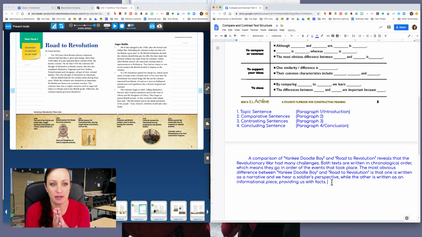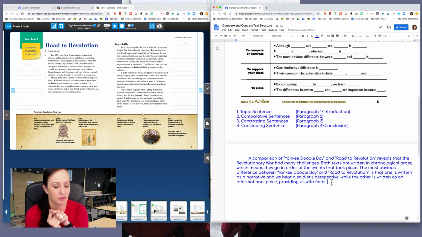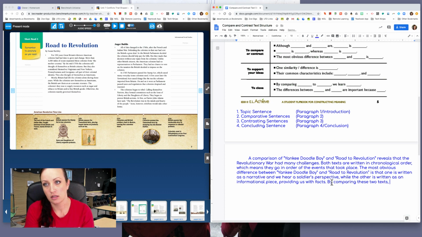Now, concluding statement. By comparing blank to blank, we learn blank. The difference between blank and blank are important because, I like that one. Those are both really good. I think I'm going to go with the top one. Maybe I can mix them. Let's see. By comparing these two texts, I'm going to go with that. We learn that